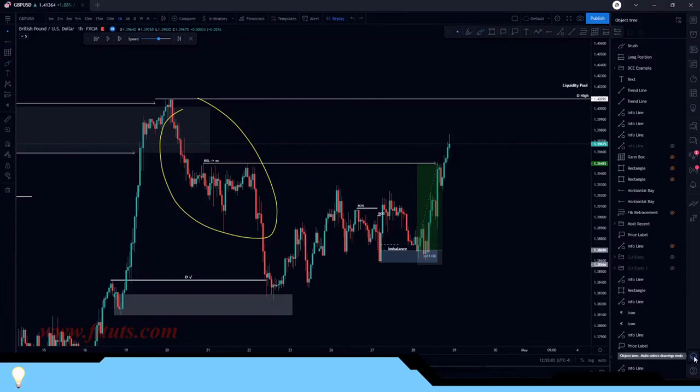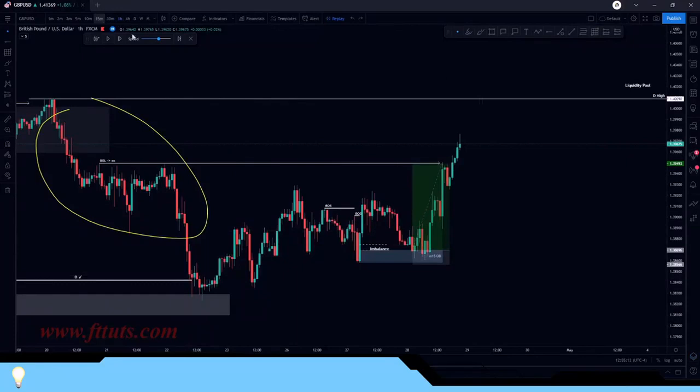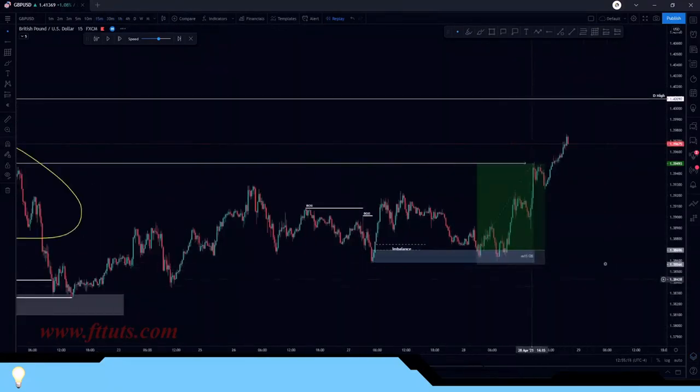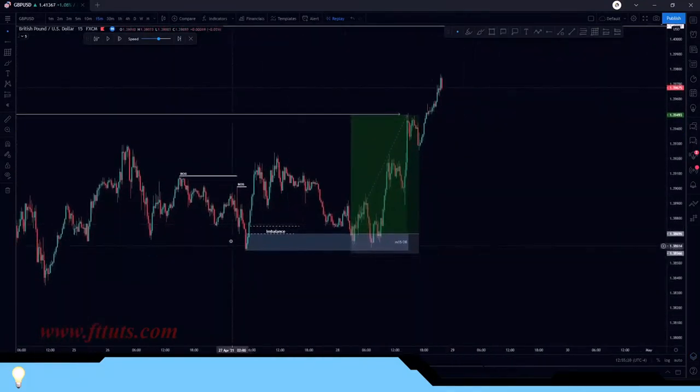Now, if I just zoom in onto the 15-minute over here, we can see that this first entry point is your risk entry, right? So we can clearly see this impulse to the upside, creating a lot of imbalance along the way, breaking previous point of structure, giving you this point of interest, this bullish order block, right? So we would be expecting price to gravitate back to these areas in a corrective manner and then enter. So this would have been a valid risk entry